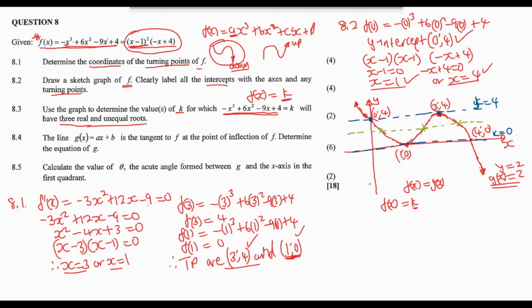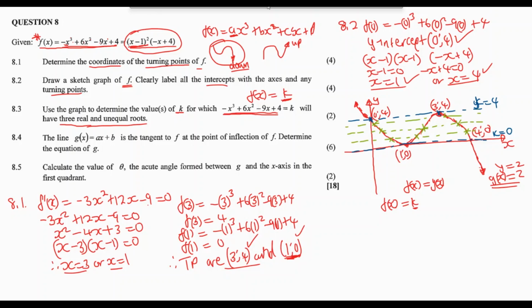The graphs are going to intersect how many times? 3 times. Anywhere between 0 and 4, the graphs are going to intersect 3 times. You see that? So now we can easily say that our k value should be between 0 and 4. It cannot be 0 because if it is 0, these two will intersect twice. If it is 4, they will also intersect twice. But now it should be between